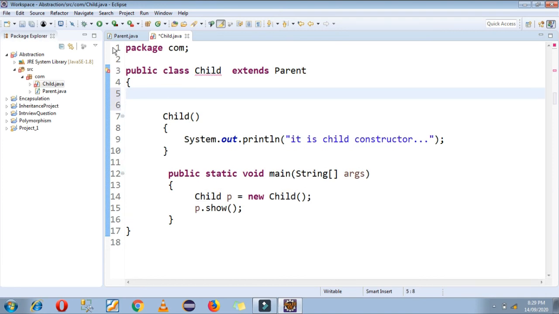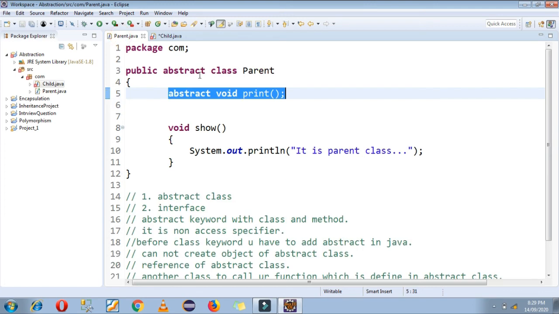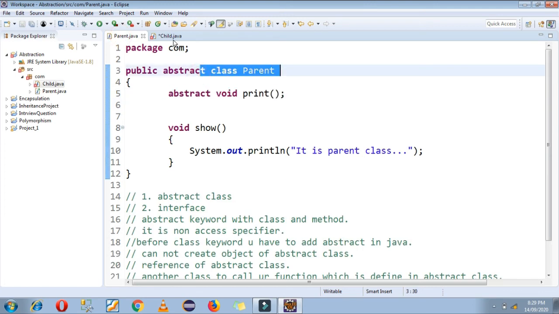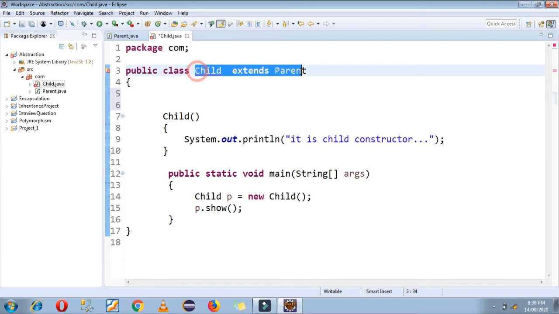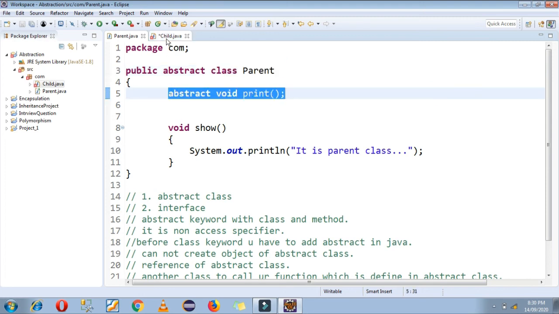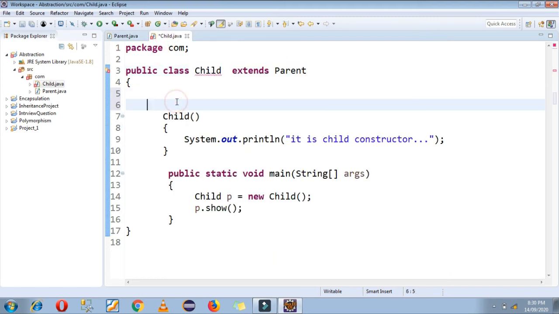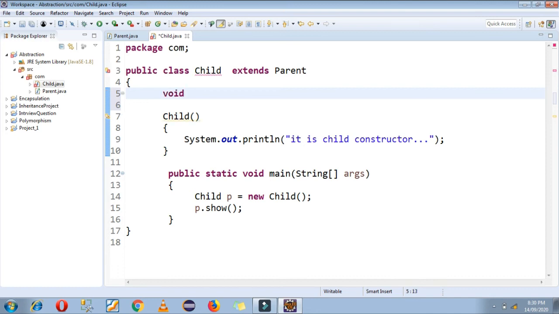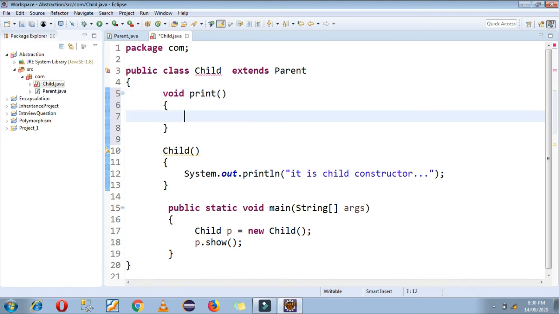If you are declaring any abstract function in your parent class and you are extending that parent class in another child, it is necessary to implement that abstract function in the child class. And you know how to implement any function in Java. Simply your data type, name of your abstract function, that is the print function, and the parentheses.